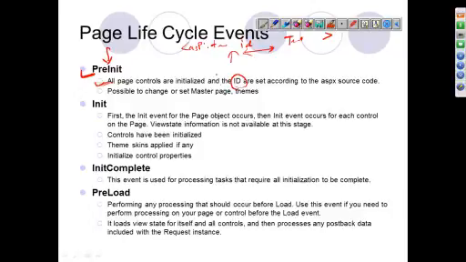Another thing that happens in pre-init is that we can set the master page programmatically. When we are writing an application, we have multiple pages, and in a practical scenario, all the pages generally follow the same layout.